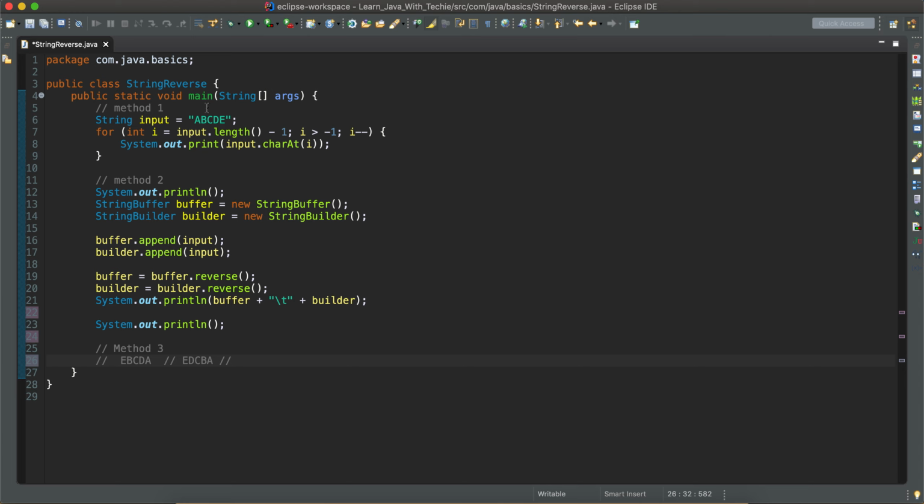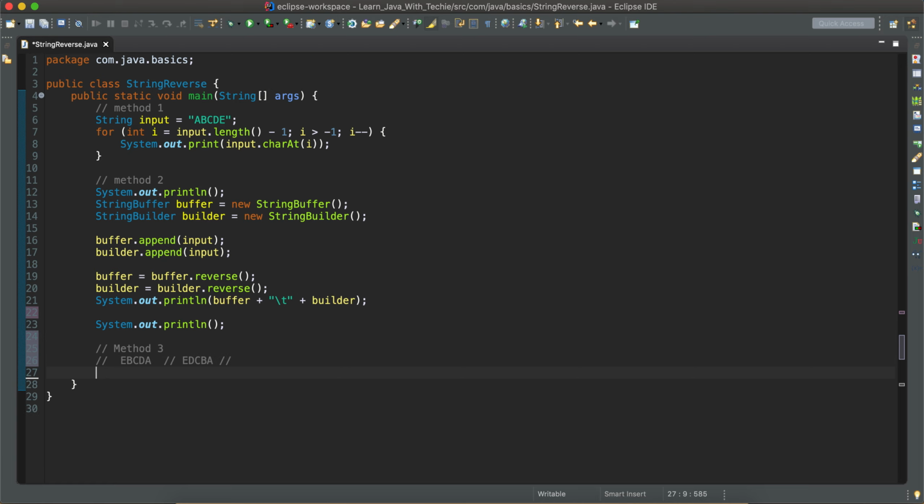So from A it's incremented to B, and from the right side, from E it's decremented to D. Now we swap B and D, and it's going to look like E, D, C, B, A. In the next iteration, the left pointer points to C, and the right pointer also points to C. So we are going to write a condition here: the left value should be smaller than the right value, or else we break.